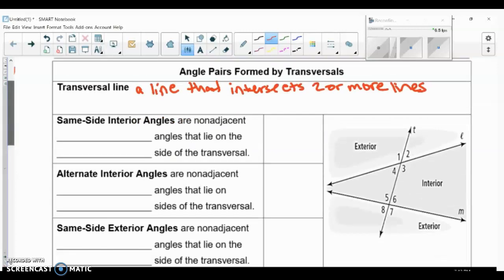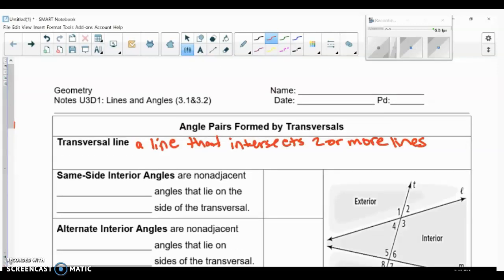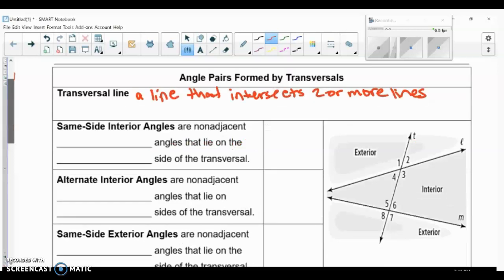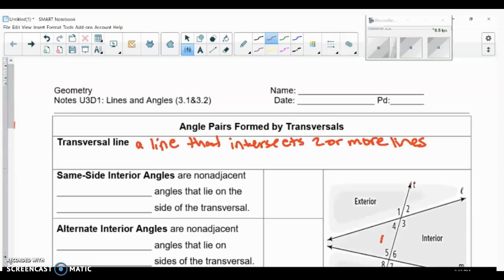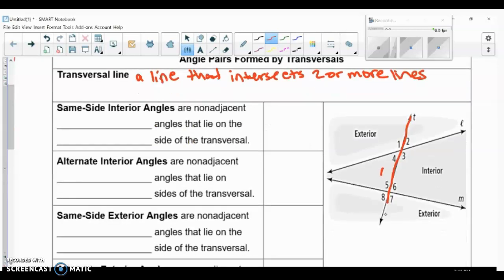So, if you look down at the picture here, line T would be our transversal. And when we are talking about transversals, every transversal, when it intersects two other lines, it makes 8 angles. And those angles are going to have special relationships with each other based on whether or not the lines that it intersects